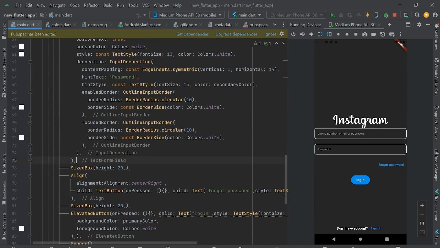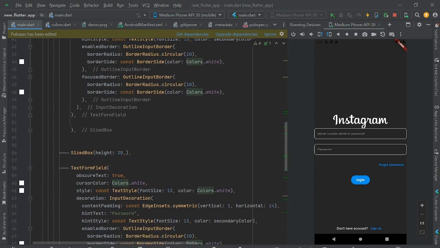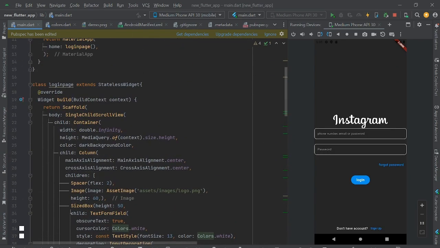Now our UI page is ready. Some changes I have to do more, like